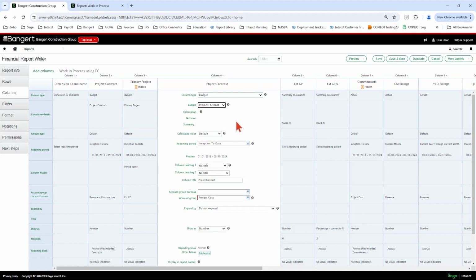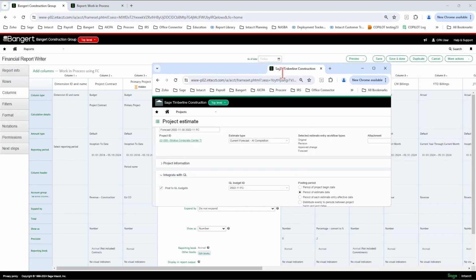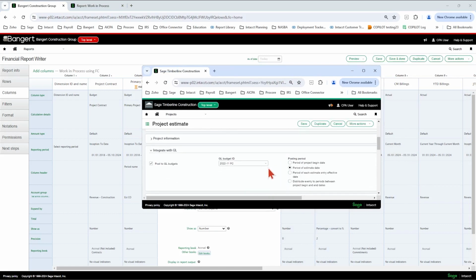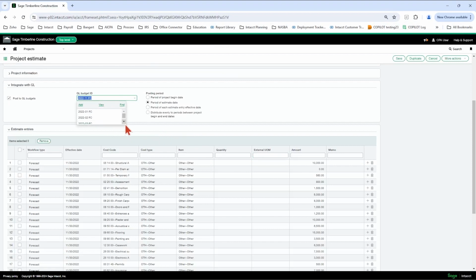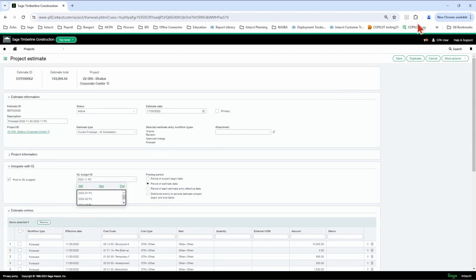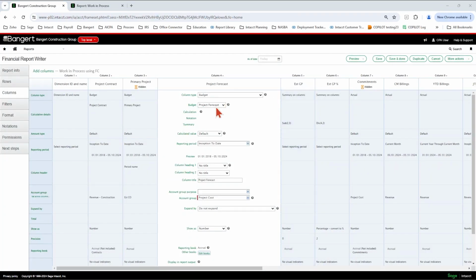Each month I write back the current forecast to this one project forecast budget for my current forecast. Okay. So you could have a structure like this where you have your forecasting each month and you have multiple months, and you pick depending on which month you're on. You could do a monthly forecasting structure or quarterly. Just so you know, this one is that one current project forecast. So each month you're going to want to come in here and change this and rerun it.